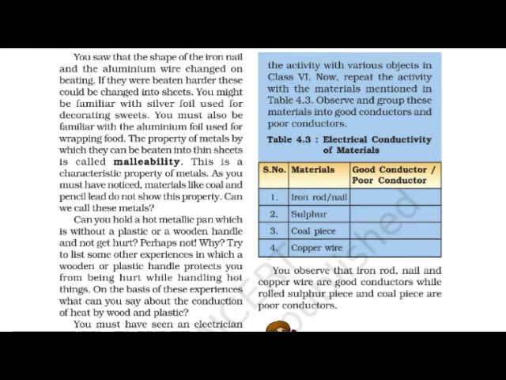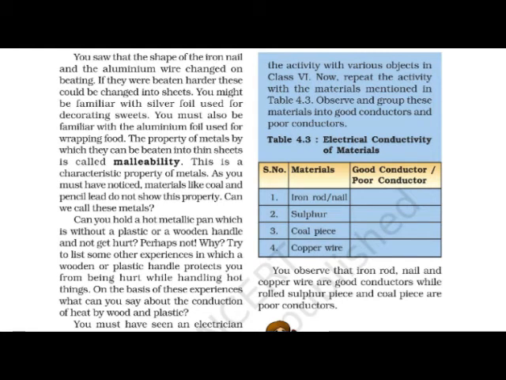See, what is malleability? The property of metals by which they can be beaten into thin sheets is called malleability. This is the characteristic property of metals. That is, malleability is the characteristic property of metals.